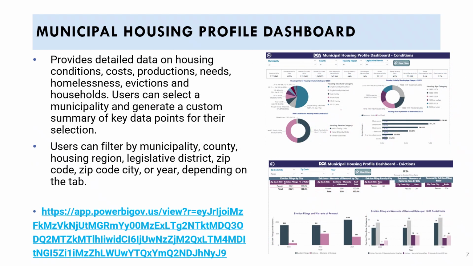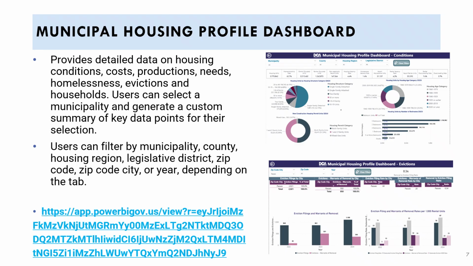The next resource is our Municipal Housing Profile Dashboard. This dashboard provides detailed data on housing conditions, costs, production, needs, homelessness, evictions, and households. Similar to the other dashboard, users can select a municipality and generate a custom summary of key data points for their selection. Users can also filter by municipality, county, housing region, legislative district, zip code, city, or year, depending on